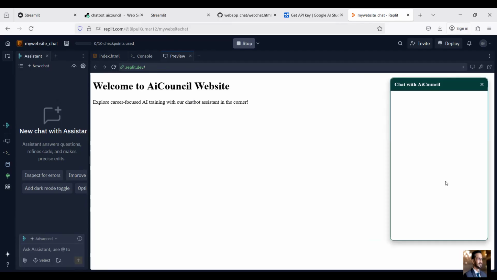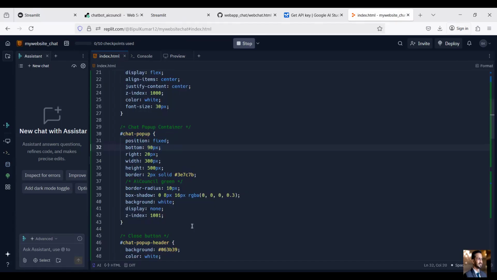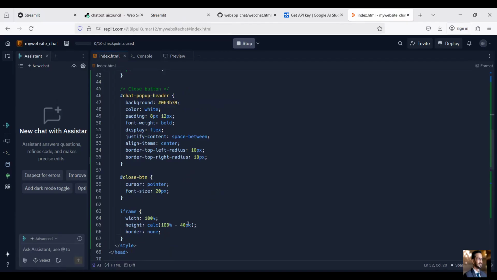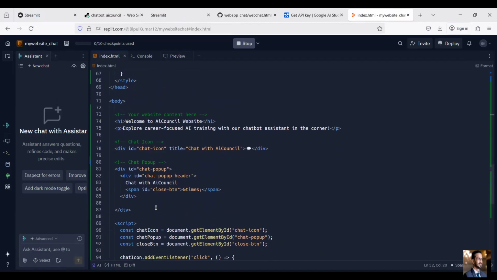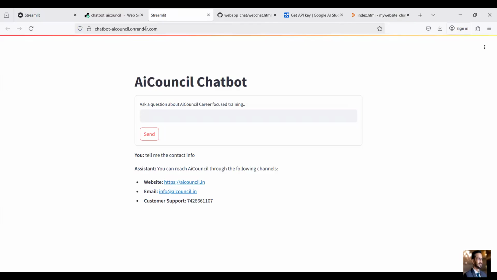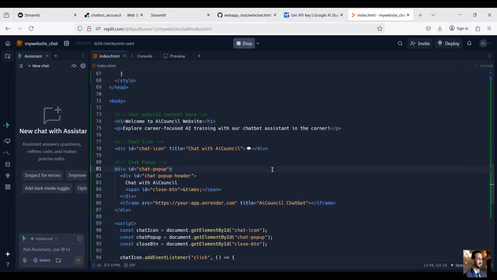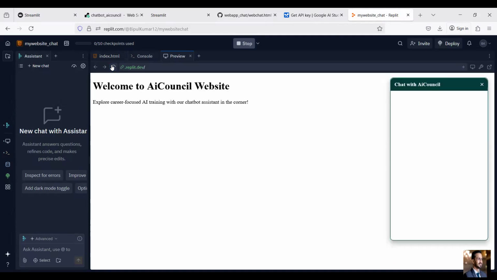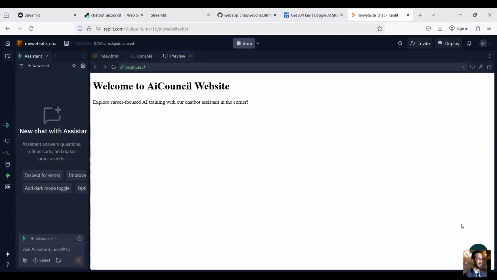Now I want the power of the chatbot in this. To give it the power of the chatbot, we will use just one line of code, which is called an iframe. So I'll paste it over here, in the div for the chat pop-up. Here, this thing will be replaced by our URL, the URL which is actually running and responding. As of now, let's say I added it, saved it, and thereafter I'll take the preview of it. So when I click over here,